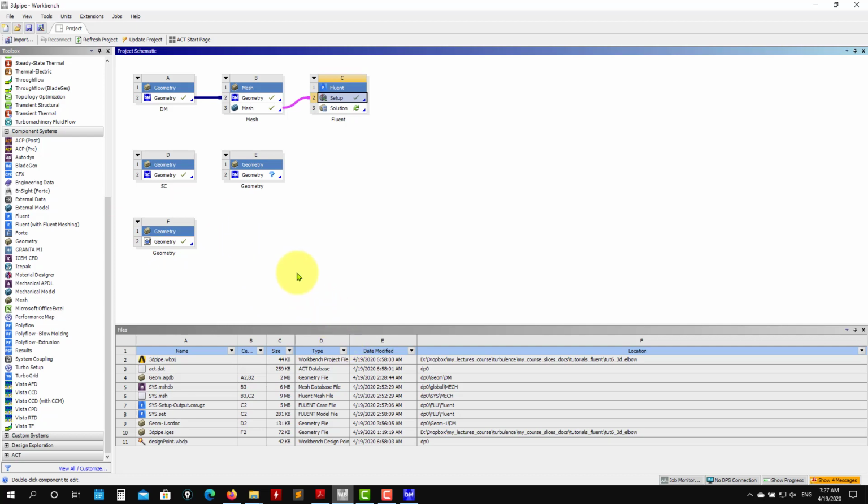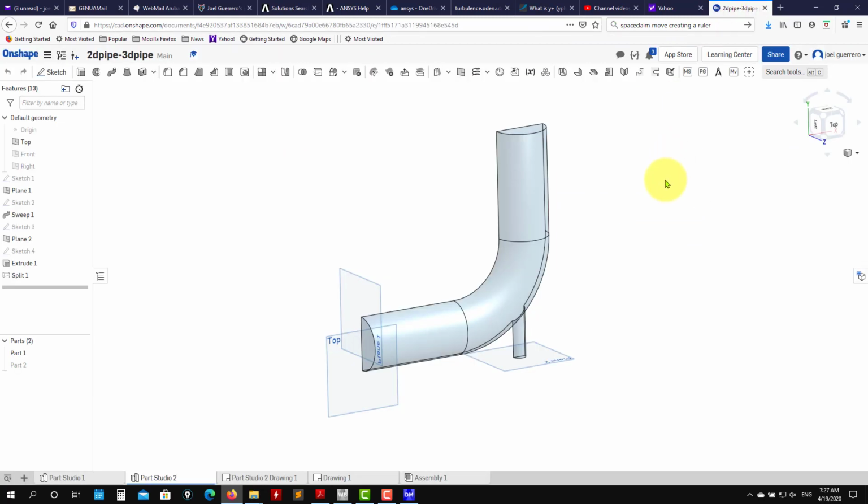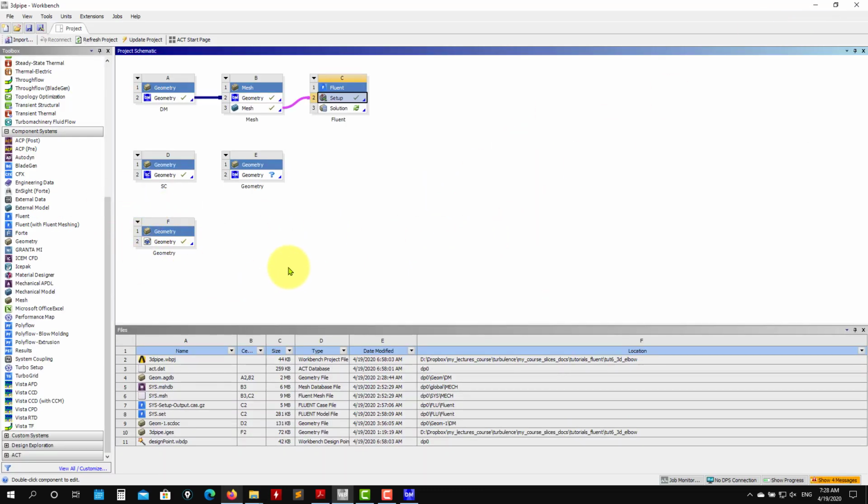The modeler is a CAD software, but it's not state of the art. If you want to use a fully parametric CAD software, it's better to use something else. In my case, I use Onshape, which is very friendly, so fully parametric. Here I create a geometry, then I export it, and I import it in